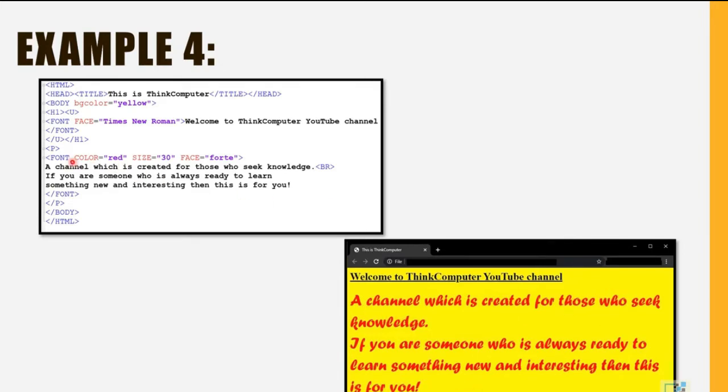Remember, in the font tag, when you are specifying the attributes, there is no specific order in which you should specify the attributes. Means if you want, you can write the face attribute first and then after that you can write the size attribute, or first you can write the size, then the color and then the face. That doesn't matter. Also, it is not compulsory to use all three of the attributes. Like in this case, I have only used the face attribute, whereas in the second case, I have used all three of the attributes. And whenever any tag is closing, we do not have to specify the attribute. The attribute is only specified in the opening tag.